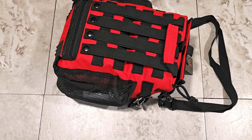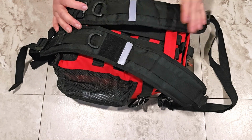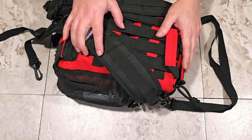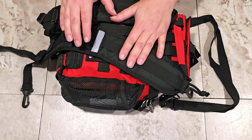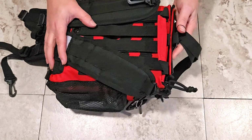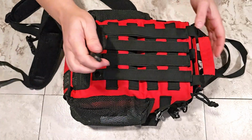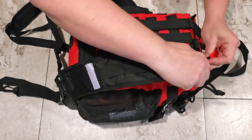But what I did was I just purchased on Amazon for just a few dollars a set of backpack straps, because this has plenty of loops and connecting spots that I knew I could attach these straps to the bag. And then I would have it as a backpack, as well as a shoulder bag and a carry bag and all of the other ways that you can carry this. So all I did with this was I just took the straps, the top of the straps, and hooked them on